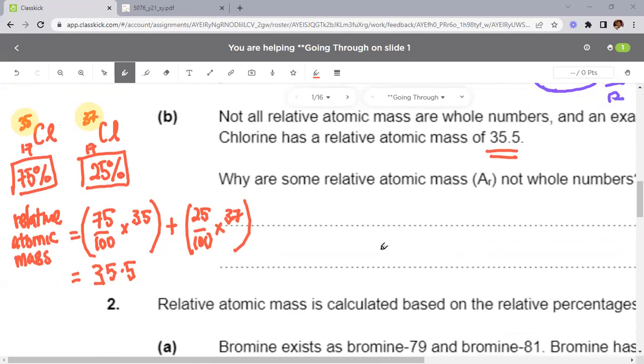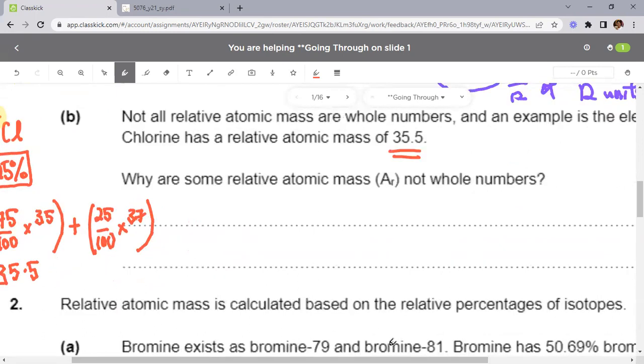So the question now becomes, I know how to calculate, but how exactly do you explain? I understand the idea of using math to explain why it is 35.5, why they're not whole numbers. But the question is how to explain. The way to explain is this. First thing you're going to say is that your elements exist